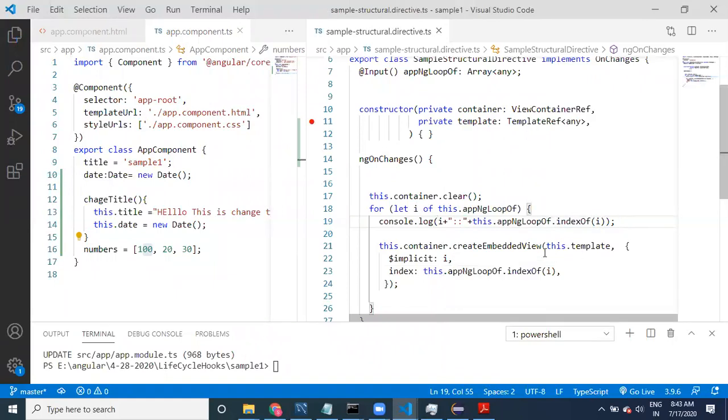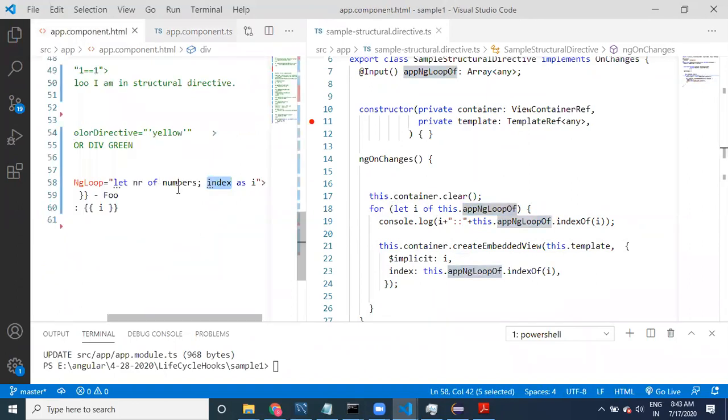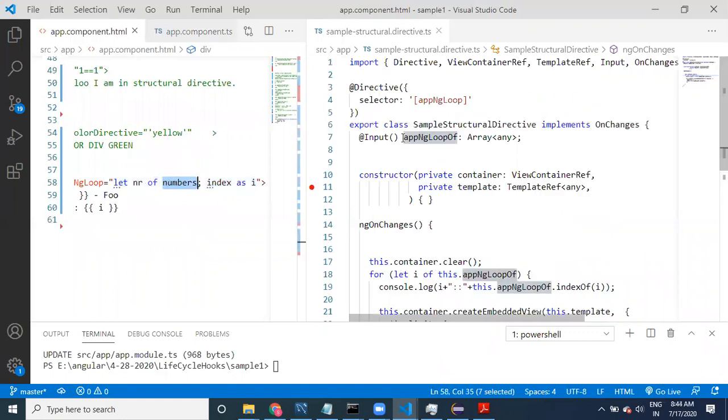Yeah, see here, this variable can be anything, guys. We can take I or whatever values from this array, because of this structure, this array is going to be assigned to this particular property.